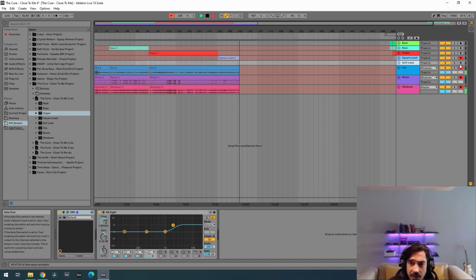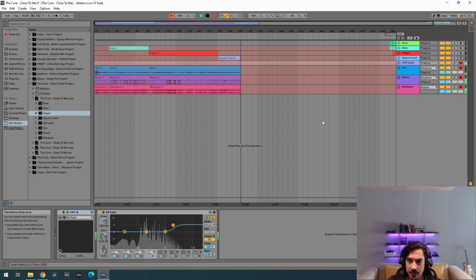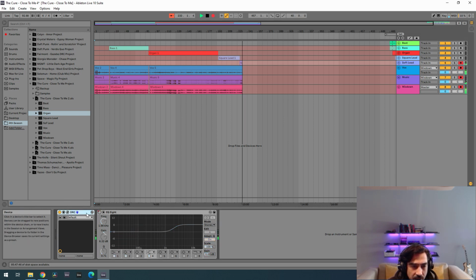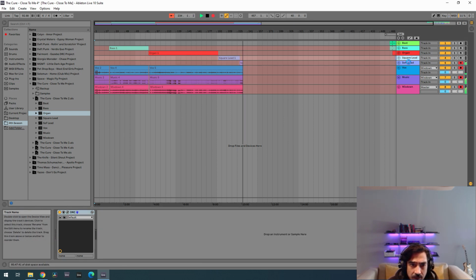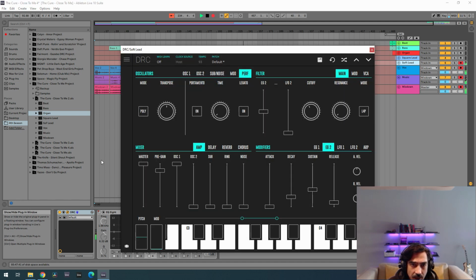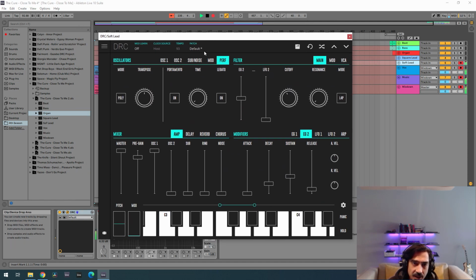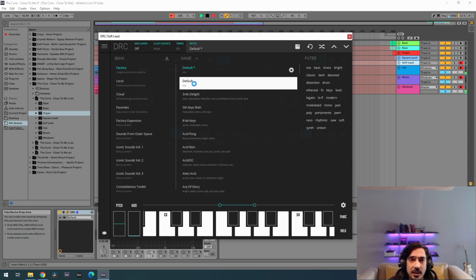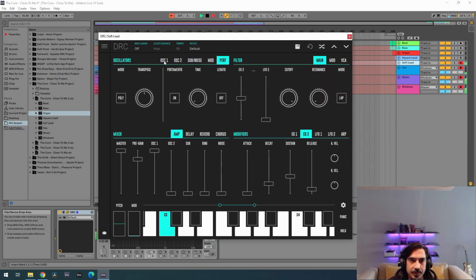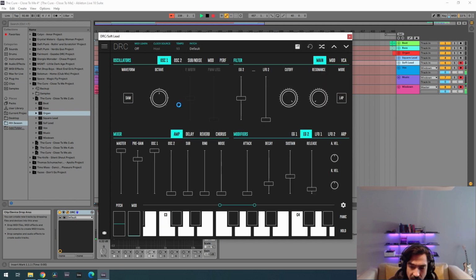Finally, we go to this soft lead here. I'm gonna turn off the equalizer. Okay, and bring back the default patch. Here you can hear clearly a sawtooth wave that has a slow attack. So first thing, we got a sawtooth. Let's drop the cutoff to 422.